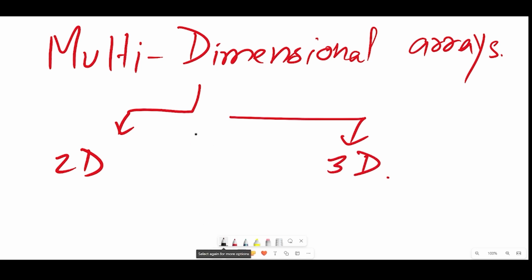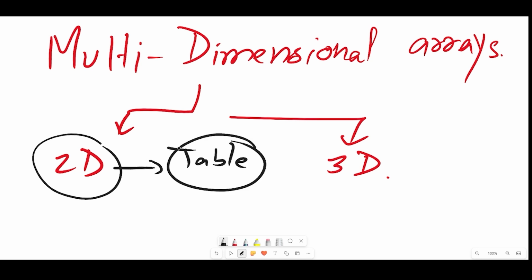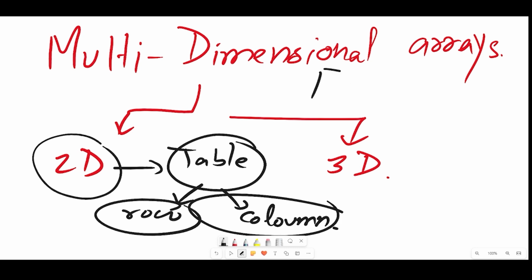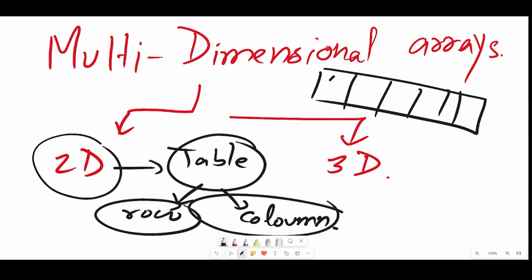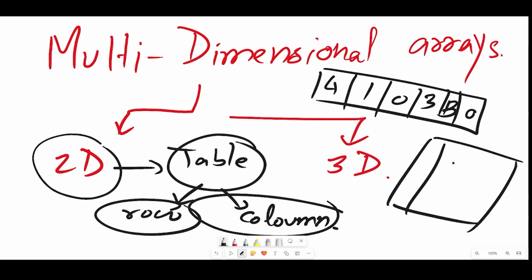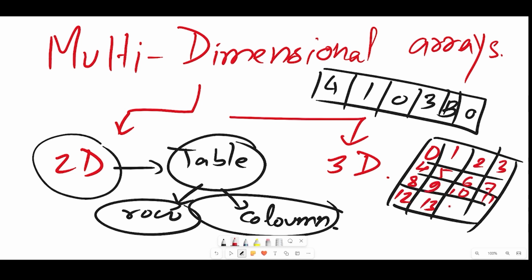So generally you can think like this, that when we talk about a 2D array, it is a table form. It's just a table. Table means what? It will have a row, it will have a column. That is the only difference. When we have a 1D array, it was just like one straight line where it has some different random elements. But here, if we see, when it is a table format, it will be something like this. So we can have a table format like this, and it can have some elements in it. So it can be any random elements, but it will be of a table format.